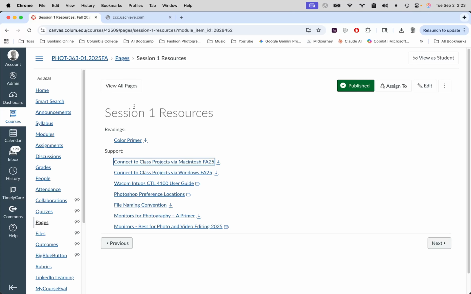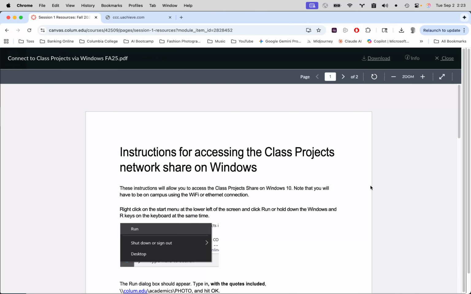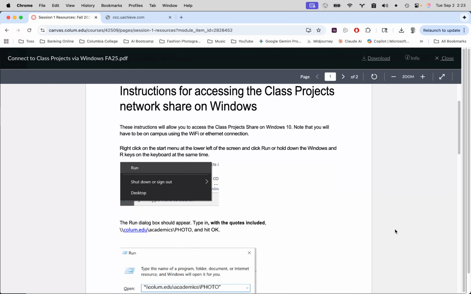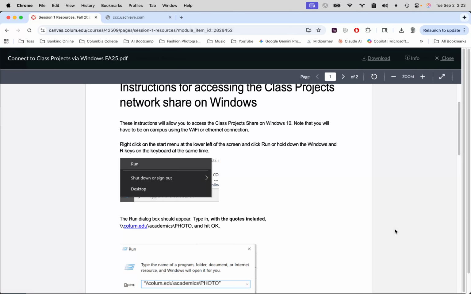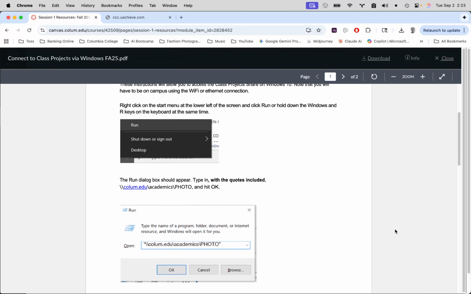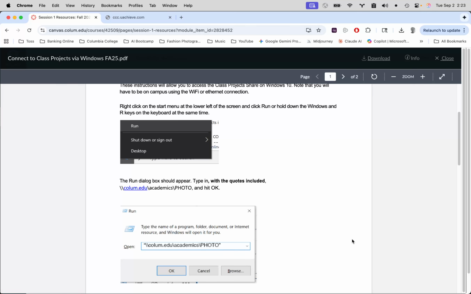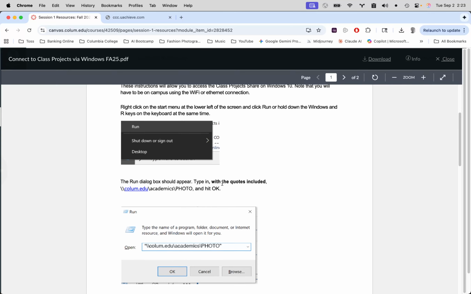And in our session number 1 resources, the very next PDF down is Connect to Class Projects via Windows. If you click and open this one, this walks you through all the instructions that you need to actually connect your Windows computer to this very same place. In this one, it's a little bit more complicated. It's probably easiest to type this stuff in. You might be able to copy it. But for the Windows people,